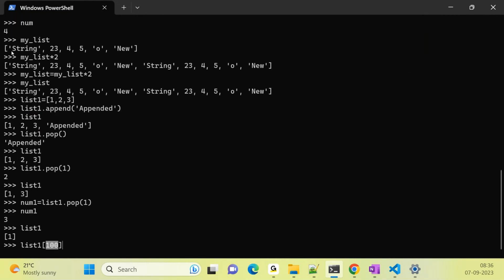So this is my list, right? My list is looking like this. It is starting with an open bracket and ends with a close bracket, comma separated. It has multiple values inside it. So if I give the list name and then give a number like this, it is not a value inside the list, it's an index. Correct? For example,